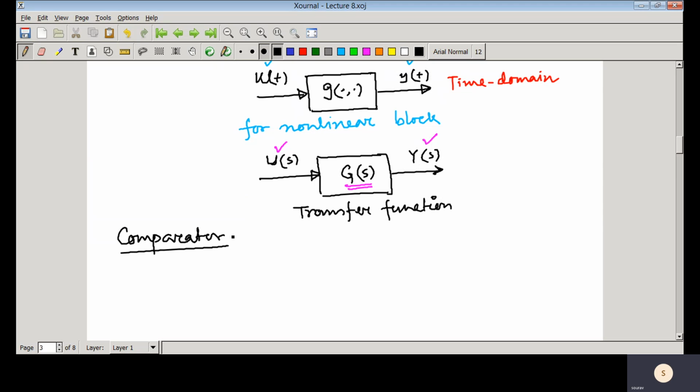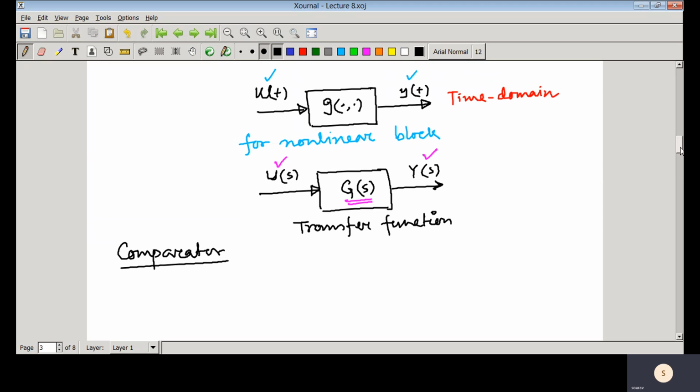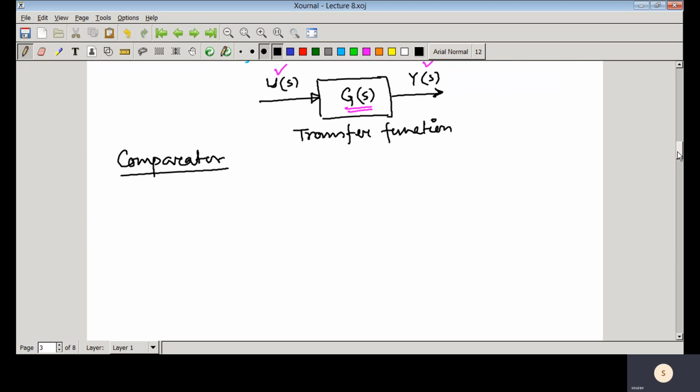The first one is that comparator. It is very simple. That means we just need to do some algebraic operation. So this is that comparator. This is the symbol, and here two signals are coming to that comparator,